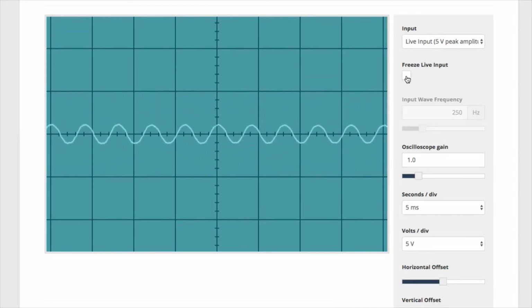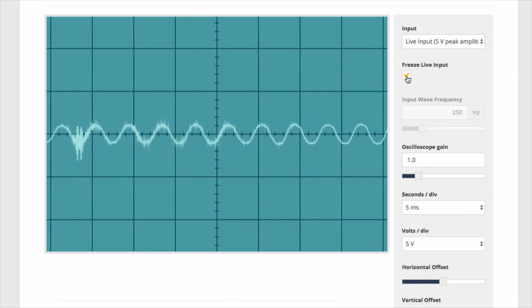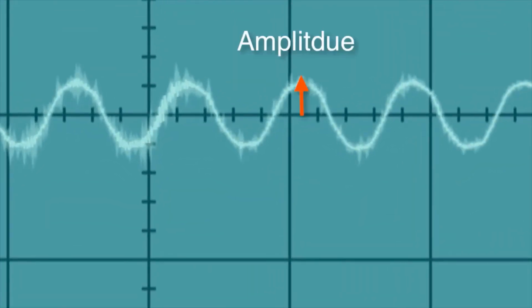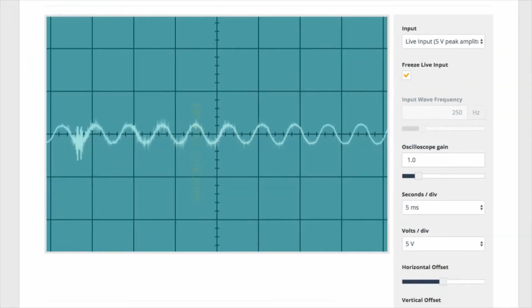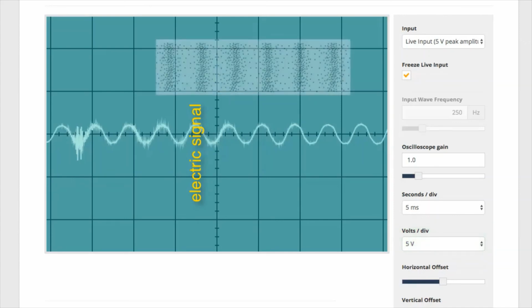I've just frozen the wave in time, so you can see that this is the amplitude of my voice and this is the period. And you can measure the amplitude. Remember, you are measuring an electrical signal, volts. So each division is associated with a specified voltage shown here. Now, we don't know the relationship between voltage and pressure variation, but if the voltage is high, that means the